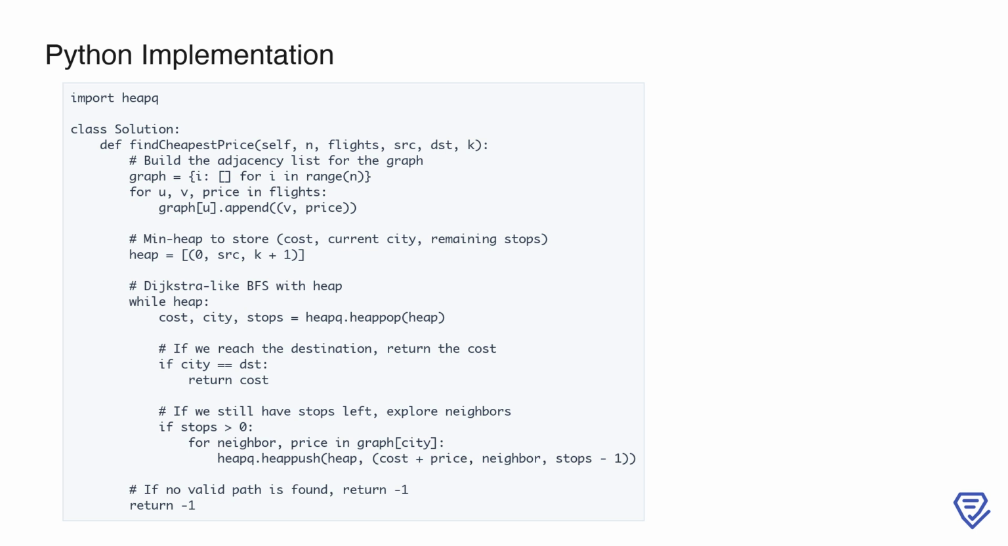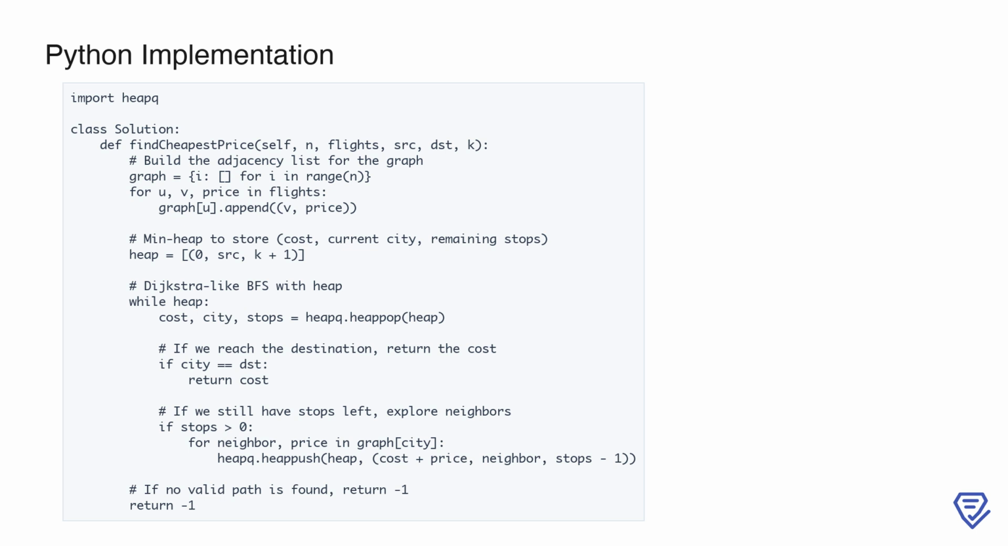2. Priority queue. A min-heap priority queue is initialized to store tuples of the form (cost, current_city, remaining_stops). The heap ensures that we always expand the cheapest path first, which is crucial for finding the cheapest flight. 3. Heap initialization. We start by pushing (0, src, k+1) into the heap, representing 0 cost, the source city, and the allowed number of stops, k+1 because the source city itself does not count as a